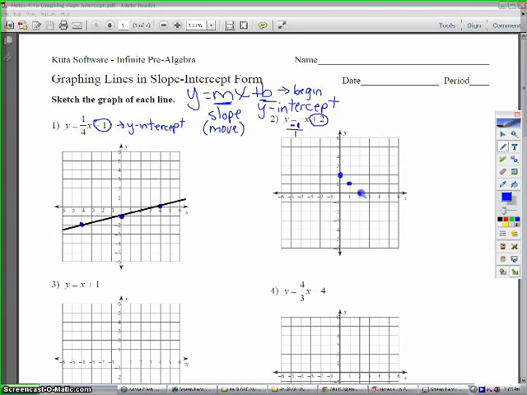Down 1 to the right 1, repeating until I run out of space to mark my points. I do want to put every single point that I can on my graph, so I'm going to come back up to my y-intercept and I'm going to repeat the pattern, but I'm going to do the opposite. I'm going to go up 1 to the left 1, and you can follow the pattern of your points as well. I'm going to follow the pattern all the way to the end of the graph,